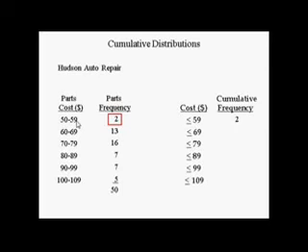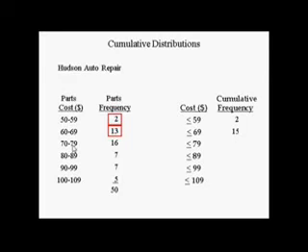The cumulative frequency of interval 60 to 69 is the frequency of invoices with parts costing at most $69. Since there are 2 invoices between 50 and 59 and 13 invoices between 60 and 69, the cumulative frequency is